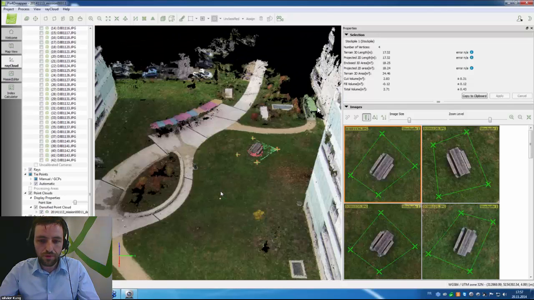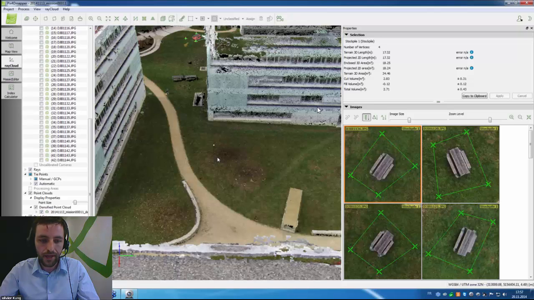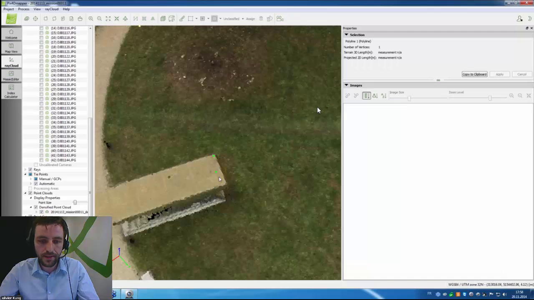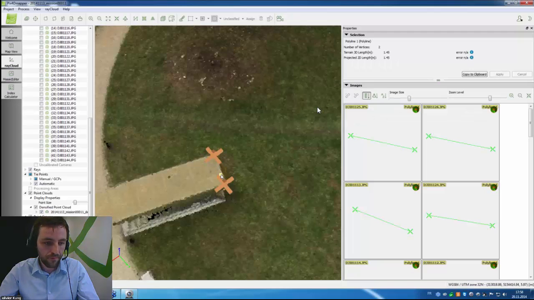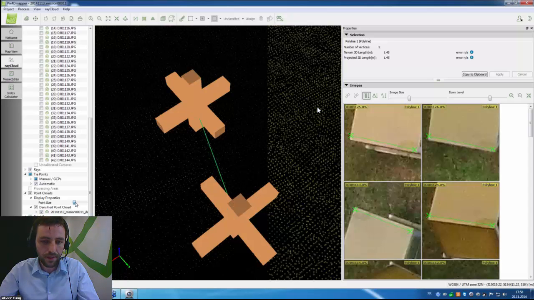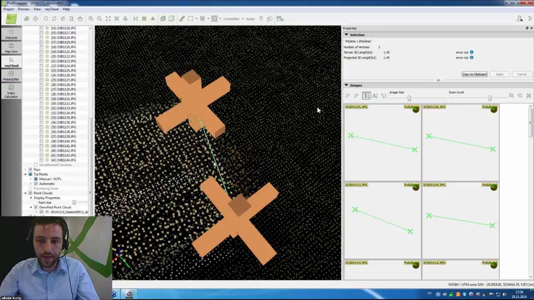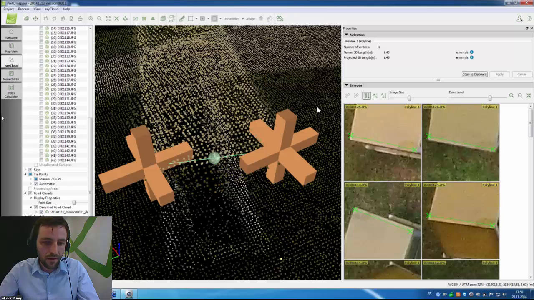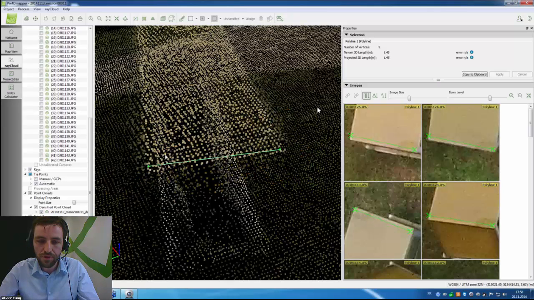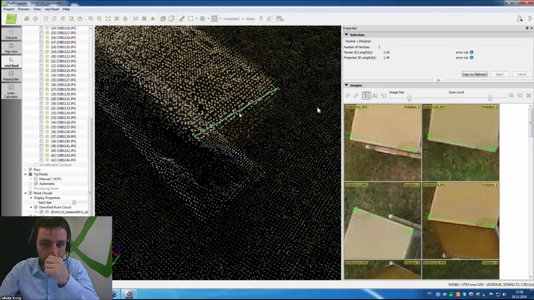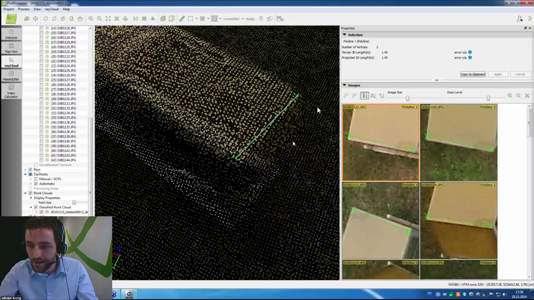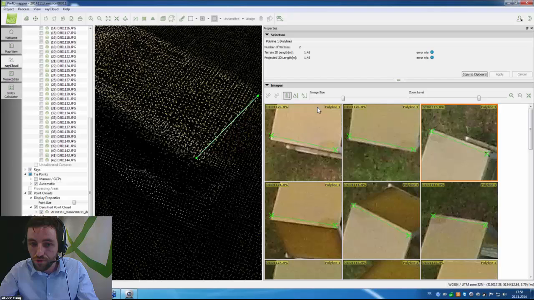You also have the possibility to do very accurate measurements of distances by going in the ray cloud, selecting 2 points. The pointer is a bit big. Let's change the size. And by clicking on the line, you can see that I didn't exactly click on the right points that I wanted to do my measurements of the roof of this little house. And you can see in the reprojection of the images that indeed I clicked not exactly on the border of the images. So Pix4D Mapper also allows you to do refinements in the images